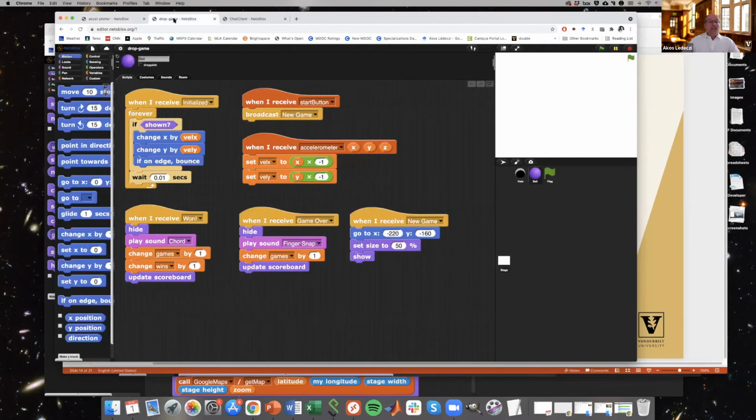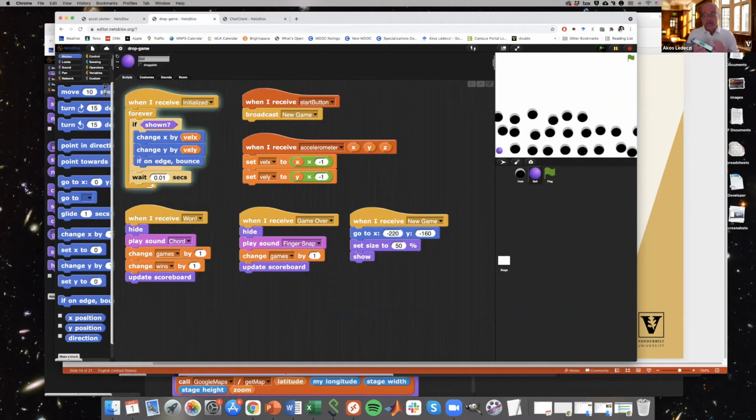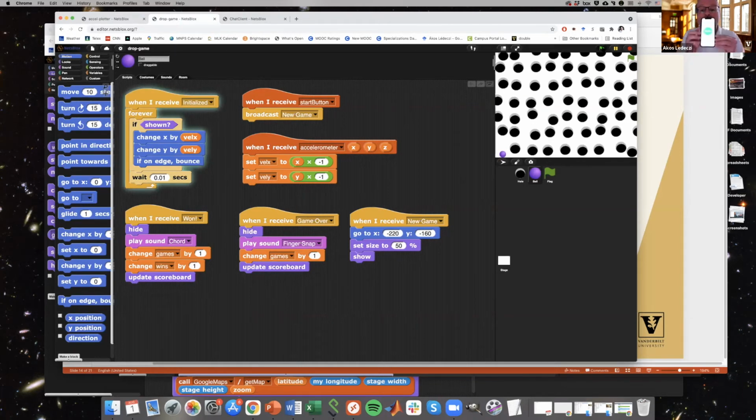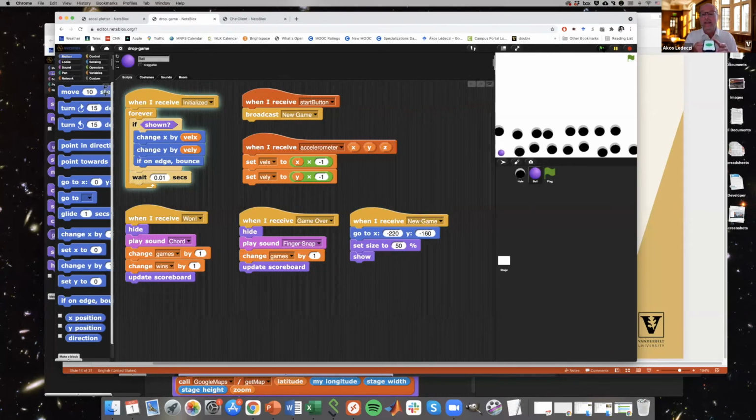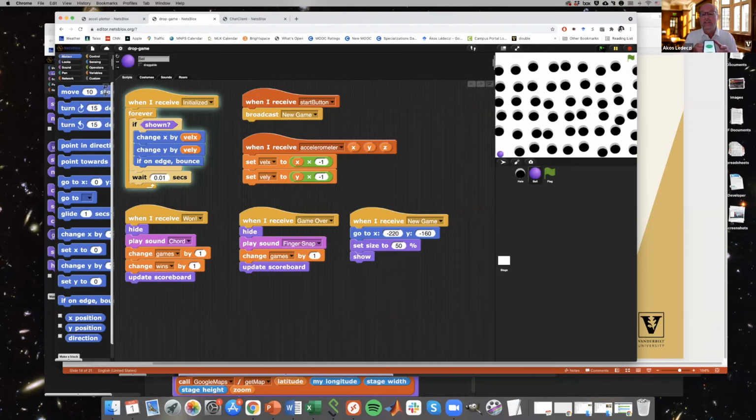Another one is we call the drop game. Let me show you how that works. So if I hit the green button, well, I don't know how well you see this, but you see a big green button says new game and also a text label that shows how many games I won or lost. So basically, I just lost one because the sprite fell in the hole. But I'm gonna hit the new game and I'm gonna try to get to the green flag on top by tilting my phone carefully.